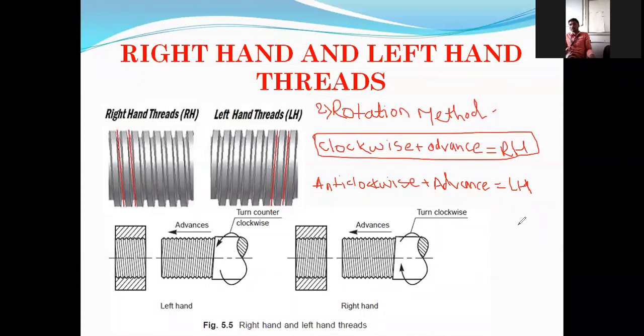Hereafter, in further classes, in your third year, final year, you may come across right hand thread and left hand thread. At that time, you should not say we don't know which type of thread it is or how to identify it. For that purpose, I have told you in detail which types of threads are there and how to identify them. You can even take a nut and bolt, hold it in front of you, observe the direction, and check this. Okay. Any problem?